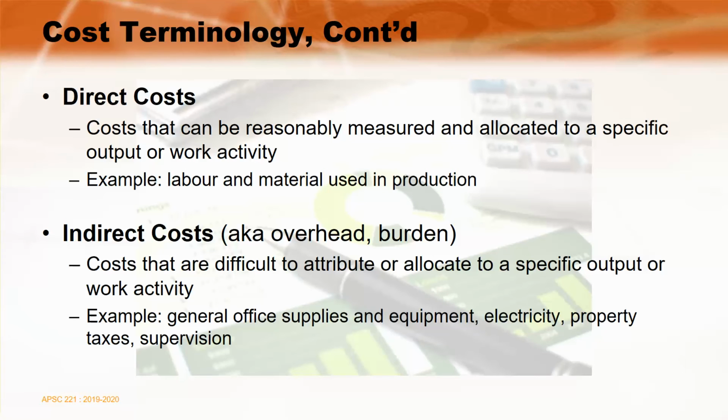We would be able to have the costs of the electricity for the building that was making the paint. We could direct those costs against the paint production versus the electricity for the lighting and heating that was going to manufacturing the urethane cans. And again, so we can direct costs based on the specific output or work activity, and there would be some indirect costs that we could associate.